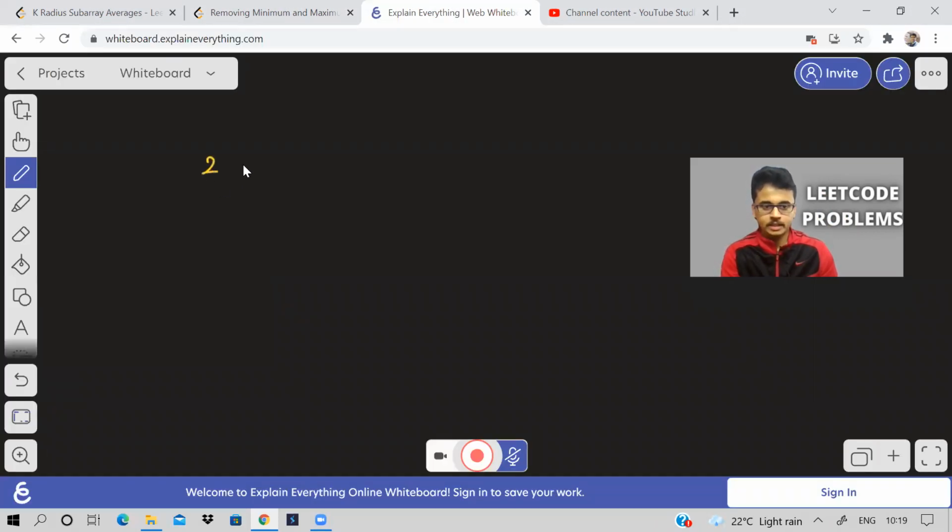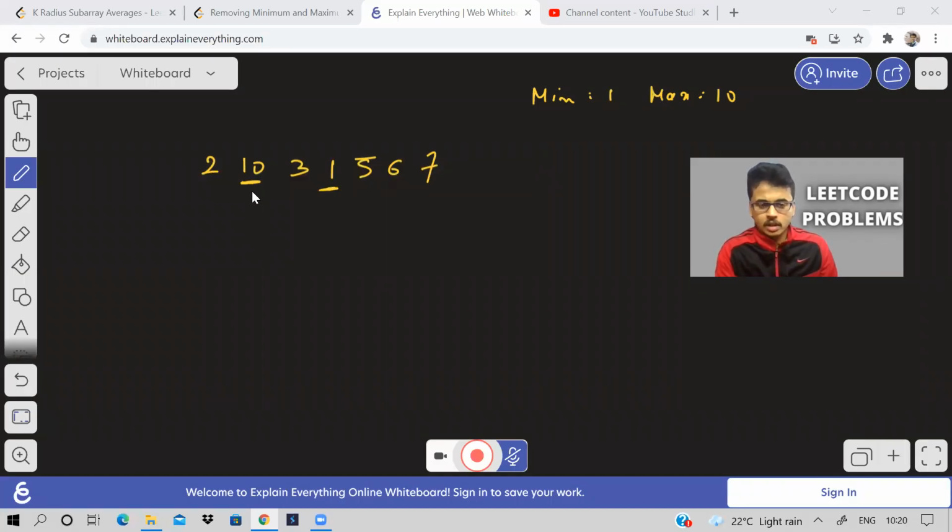Basically, let us take this example. Here the minimum element is 1 and the maximum element is 10, and 10 occurs here and 1 occurs here, correct? So how would we want to remove elements such that with the minimum number of deletions we can remove both maximum and minimum? I can see that the element 10 is nearer to the left side, and with a lesser number of operations I can remove 10 first